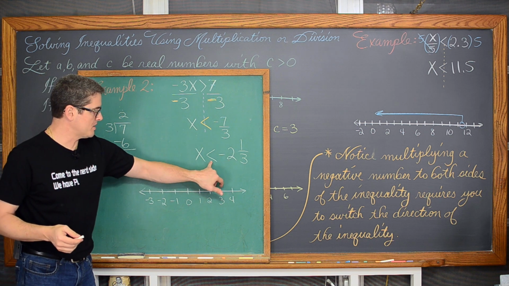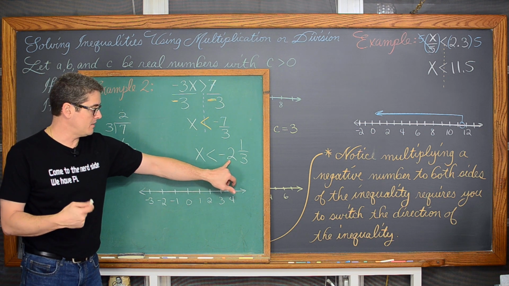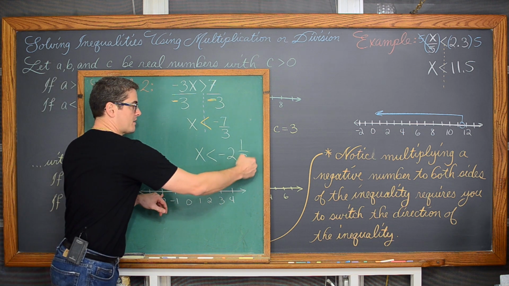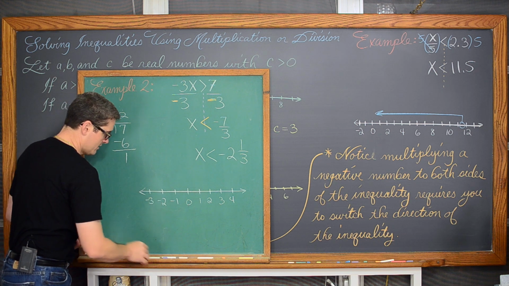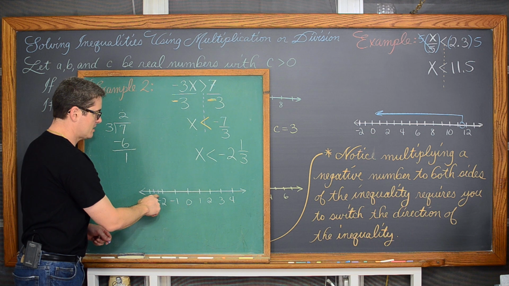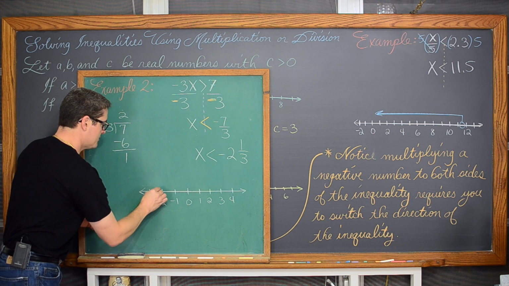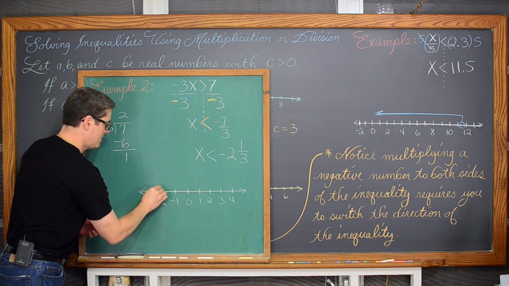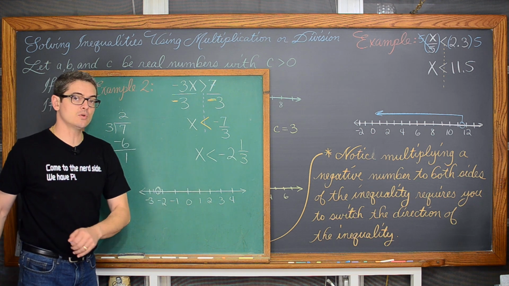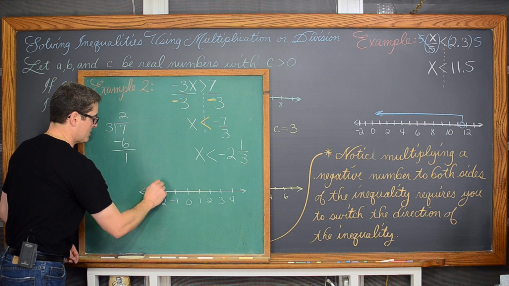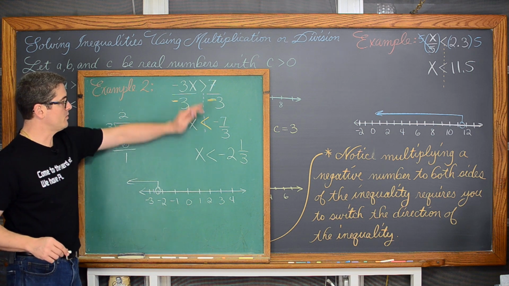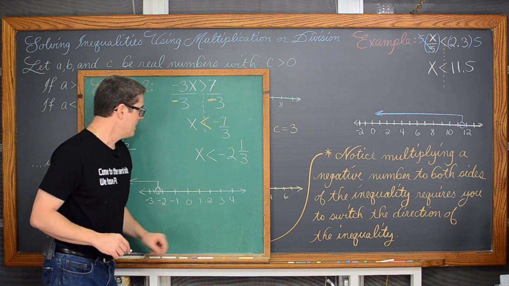I'm going to put an open dot again in between negative 2. Let's see, here's 0, here's negative 1, here's negative 2 and 1/3. So if we look at breaking this interval up into 3 parts, we're going to put once again an open dot on that negative 2 and 1/3, and x is representing all values which are less than negative 2 and 1/3, and we again get smaller on the number line as we go to the left, and this is the shading on the number line that matches that inequality, which is a solution to our original problem.